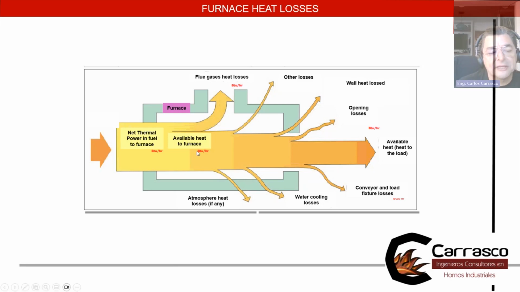Then I am able to determine how much heat the process needs, the furnace heat, and all the losses I have to overcome, plus heating up the load. And I will be able to determine how much is the thermal power or the fuel I need to put into the furnace. That is why I say I have to calculate backwards how much heat and how much fuel at the beginning of the process I have to put inside of my furnace. The higher the temperature in the furnaces, the higher the losses and the lower the efficiency is going to be